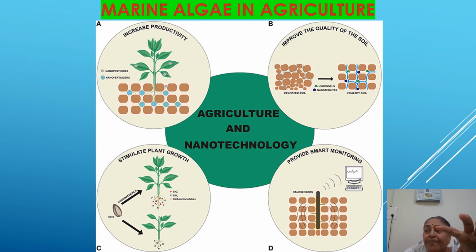And second, plants absorb these minerals highly, and they help in the growth of the plant and stimulate plant growth and reproduction and the final crop yield of the plant. In this way, the application of either nanoparticle fertilizer or direct marine extract